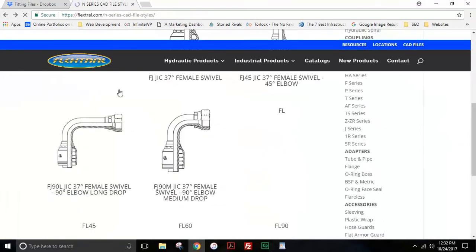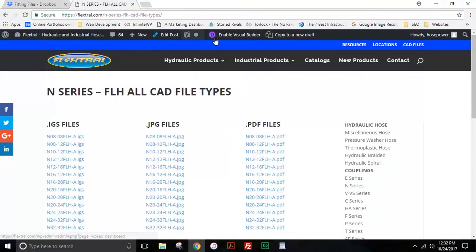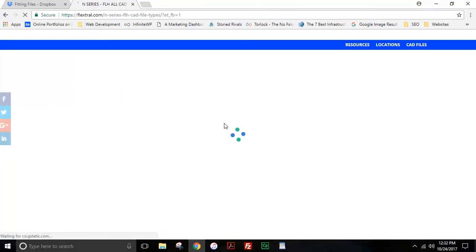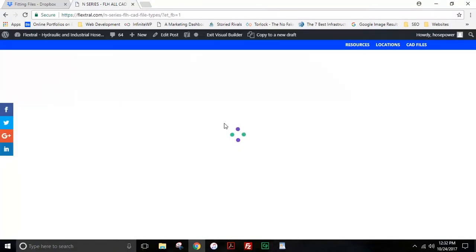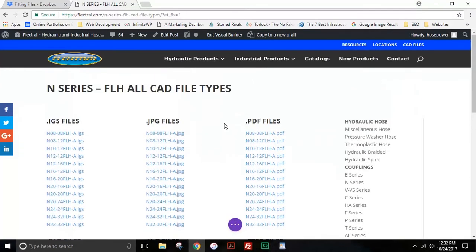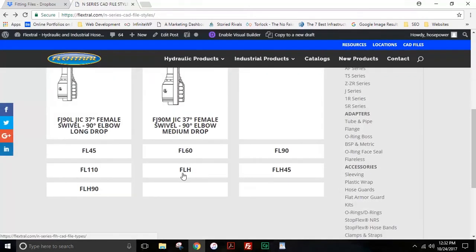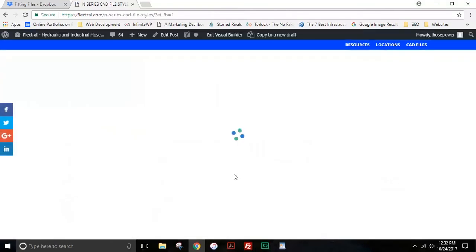So on this page, you'll paste it right there where it said, and I'll go back up here to enable Visual Builder so I can show you how to do this again. That was the link you copied. It took me to the wrong page here. We need to be on this page and then go to Enable Visual Builder. And where it says FLH,